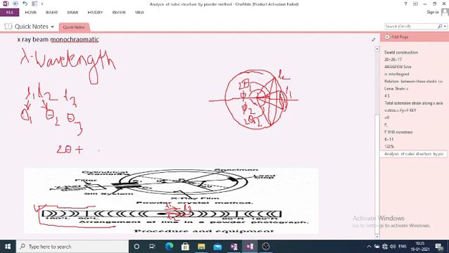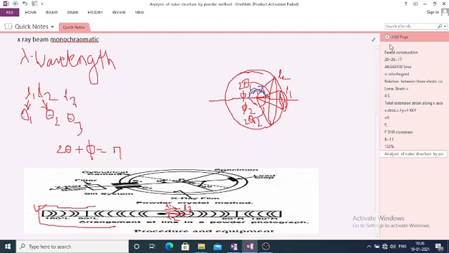If we use these figures, then we can write twice theta plus phi is equal to pi. Here, this is twice theta, and this is your phi. The angle between them is 180 degrees, which is nothing but pi. So we get twice theta plus phi is equal to pi.